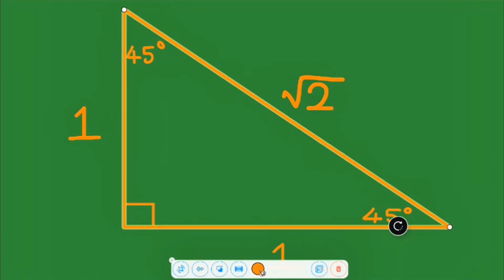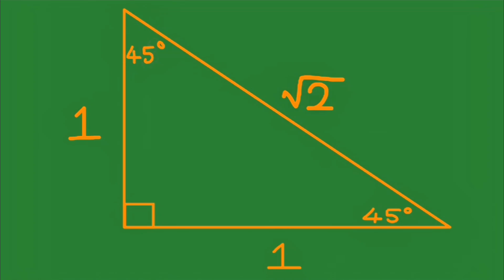Now that 1 that they both are equal to, you just add it up: 1 plus 1 gives you 2. That 2, you just put under a square root sign. So it's 1 plus 1, which gives you 2, and you put a radical sign on top of that 2. Now, since this is an isosceles triangle, these two sides, since they're both equal, have to subtend